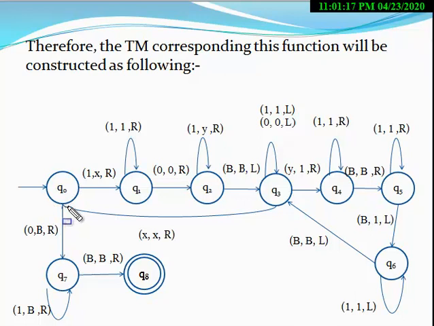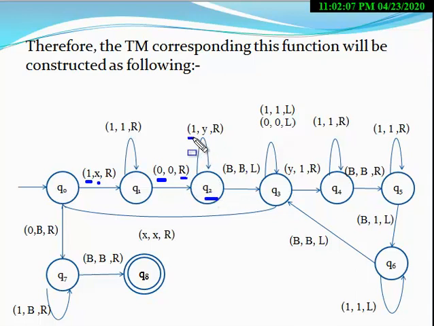At the state Q0, you have to replace the first 1 by X. So at Q0, when 1 appears, you replace 1 by X, the machine moves in the right direction, and its state changes from Q0 to Q1. At the state Q1, when the second 1 or third 1 or the remaining 1s appear before 0, the machine only moves in the right direction. As soon as the 0 appears, the machine moves to the Q2 state, also moving right.